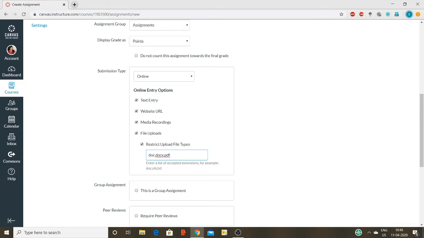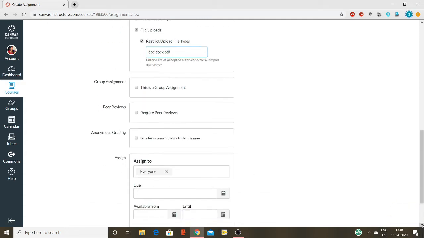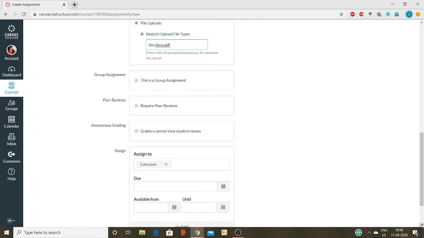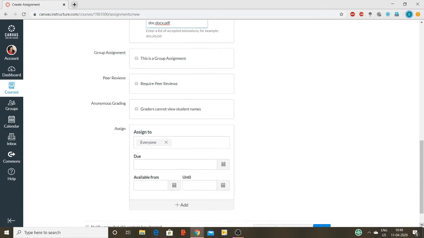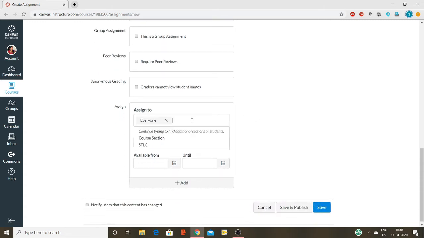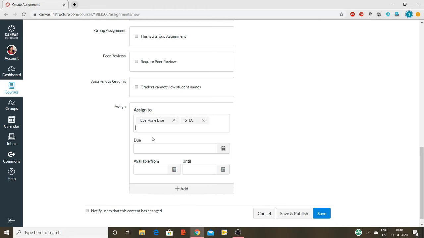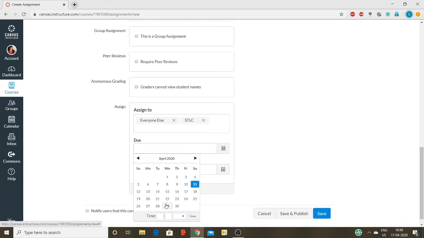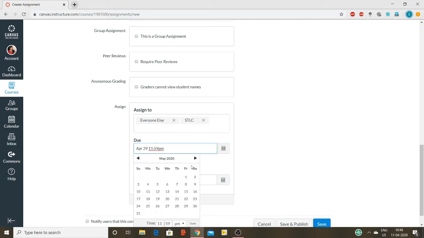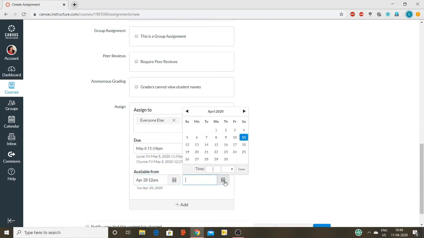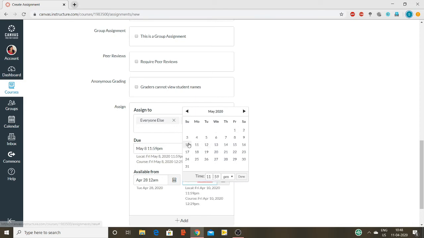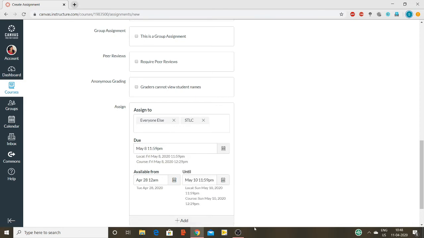And then you need to click on the assignment where you want to have anonymous grading. Anonymous grading means the graders don't view the student name, so that the assessment is of fair type. And the same as with discussion, we need to post it for the particular group, and the deadline for the assignment has to be given, available from and till the end date. The until date and due date are different, and then we will click save.